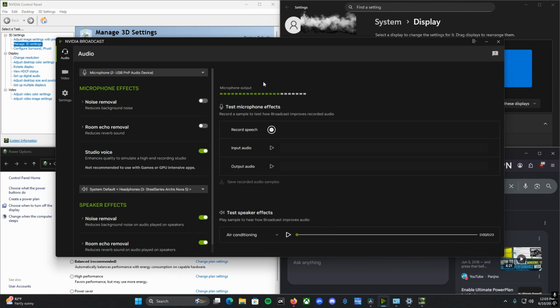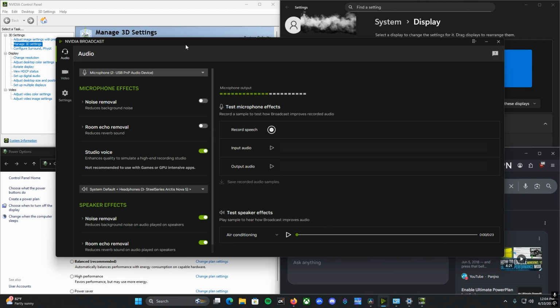But first thing you need to do is make sure that you choose the microphone that you are using. Once you have chosen the microphone, he was talking about having issues with crackling and different kinds of noises, and his mic was acting weird, after he had enabled studio voice and other features within the NVIDIA Broadcast app. So possible fixes for this is